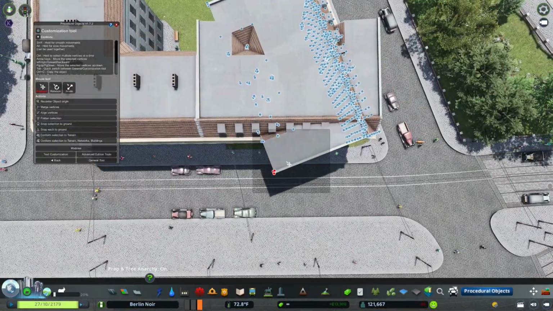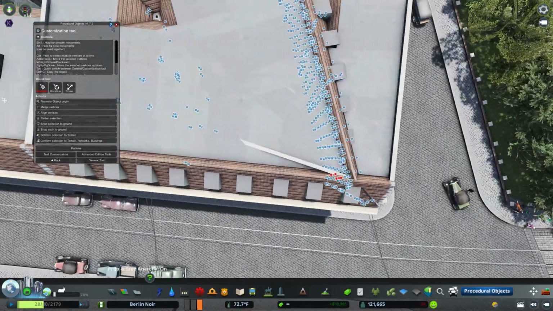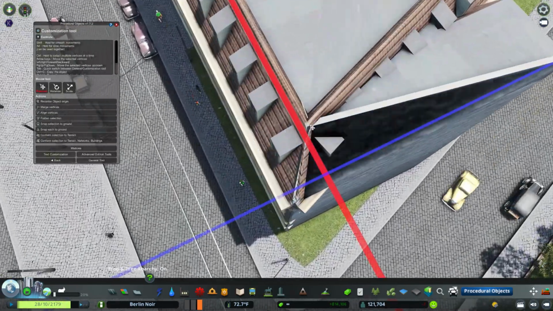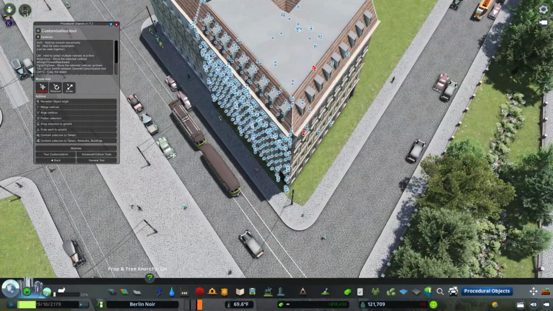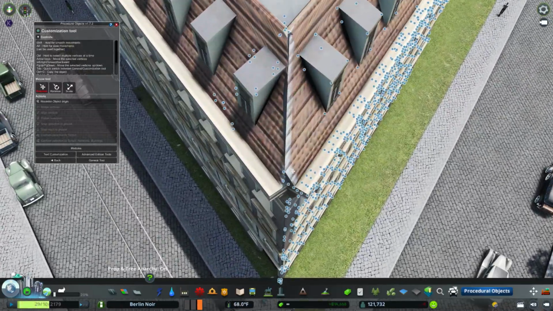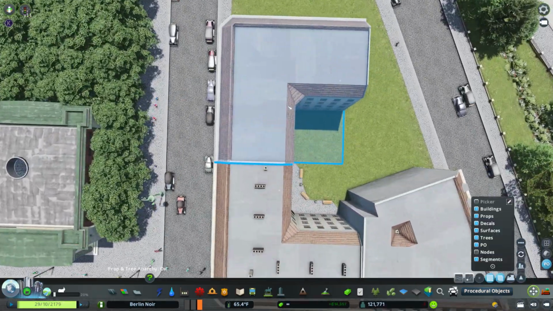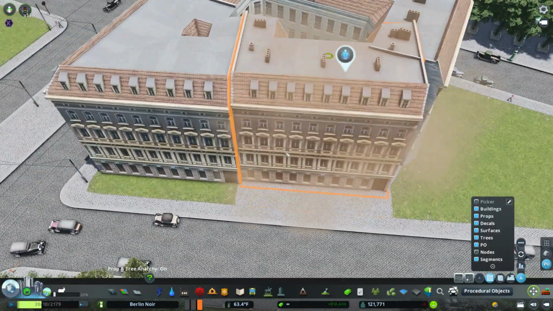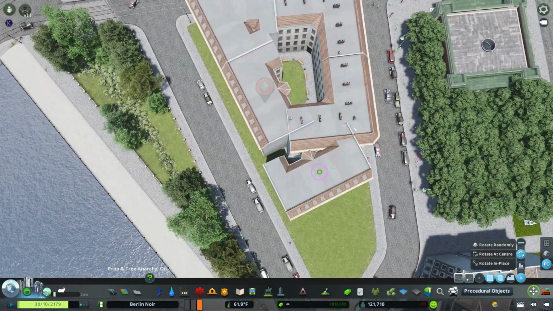Just to fit in those small areas, since I don't want to keep reusing the exact same buildings over and over as I currently am. But maybe eventually some creators will get around to making some more variation in those smaller buildings, which would be nice. But this building here is, originally, I'm totally blanking on the name of the building, but it was